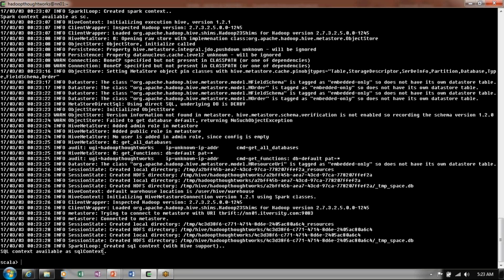Now here you also have Spark SQL available as SQL context. We have created SQL context with Hive support. We have discussed it carefully. Once again, I would like to repeat it. Your Spark SQL only works if your hive-site.xml or your Hive configurations are carefully copied or symlinked into Spark